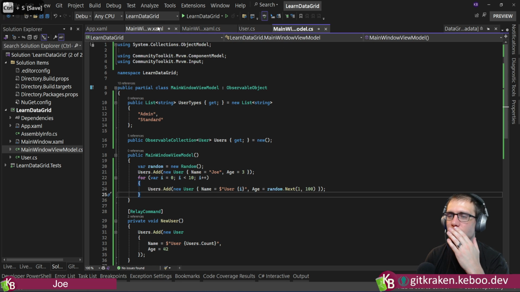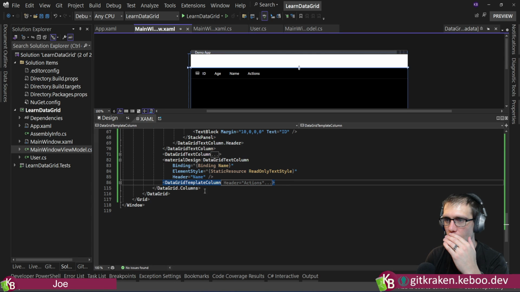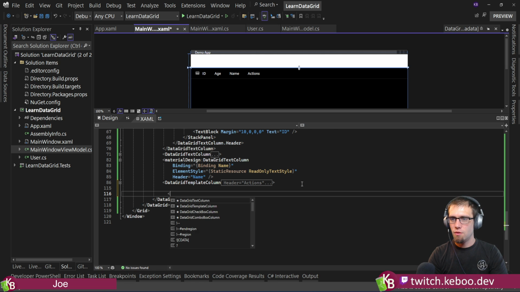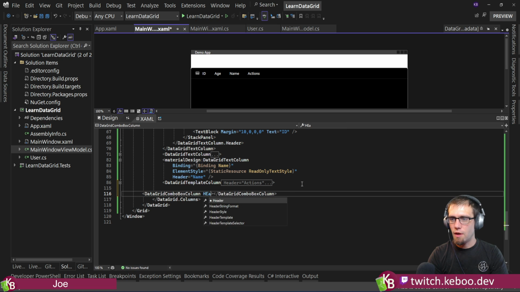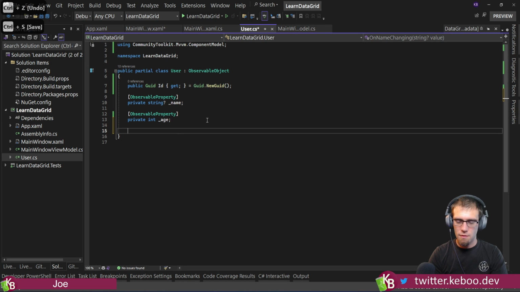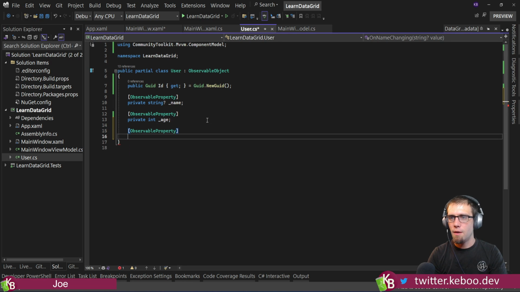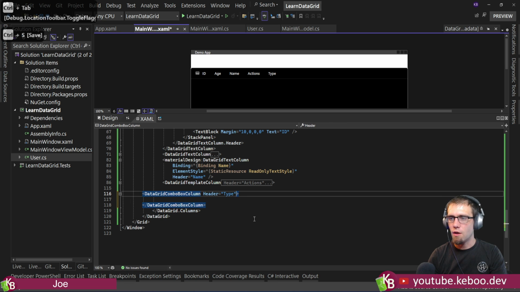Okay, so let's imagine here that we want to give ourselves one more column, and we're gonna do DataGridComboBoxColumn. Right, and we'll do header type. Now you'll note here, actually, let's go ahead and give ourselves an observable property to work with. Observable property, public string type. We'll just do that for the moment. Okay, so type,